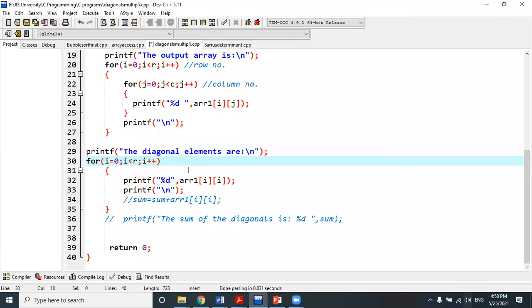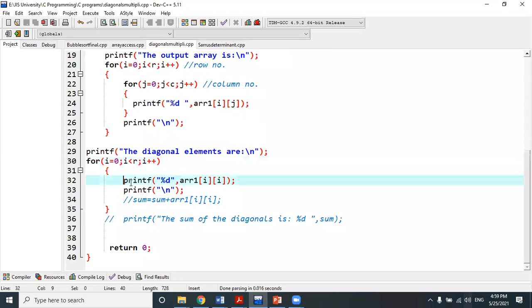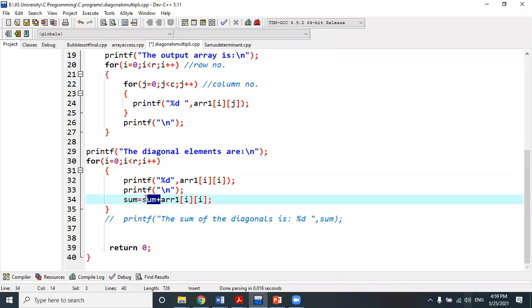Now the second problem is that if I ask you to find the sum of the diagonal elements, the addition result will display for all these diagonal elements. In the previous case I gave the array 1 2 3 4 5 6 7 8 9. So what are the diagonal elements of that array? 1, 5, 9. So your output should be 9 plus 5 plus 1, that means the summation of the diagonal elements. That means 9 plus 5 is 14, plus 1 is 15. So for this it is very easy. I have already shown how to print the diagonal elements, so we simply add those diagonal elements to the sum variable.